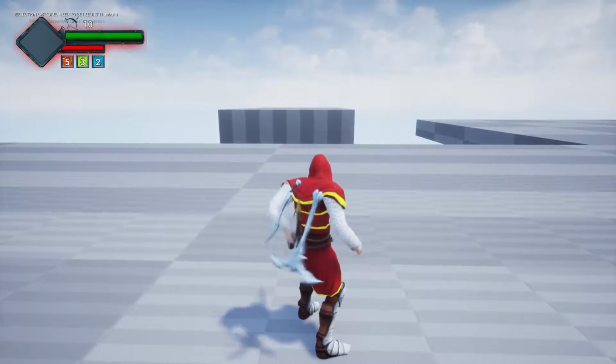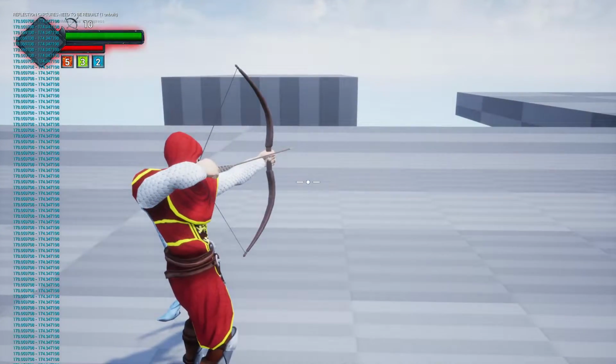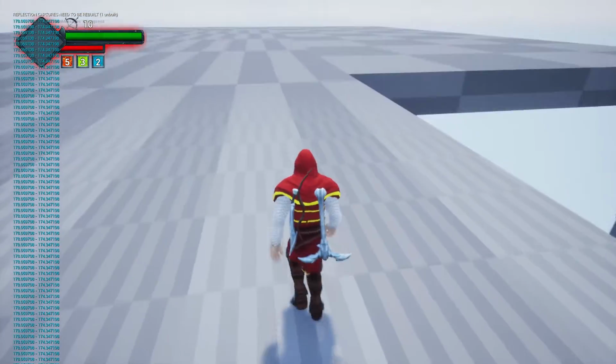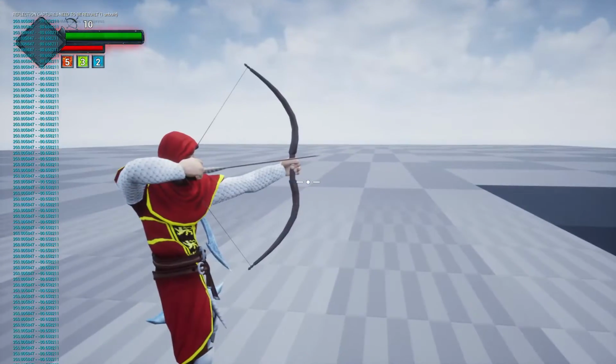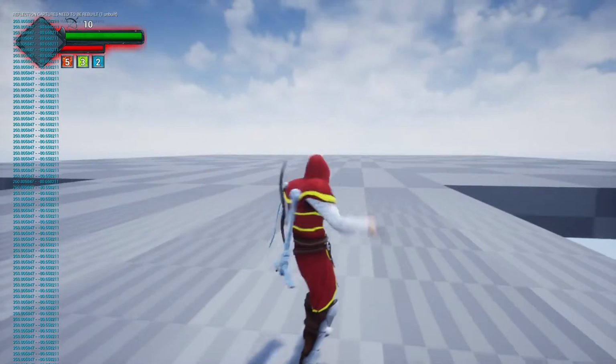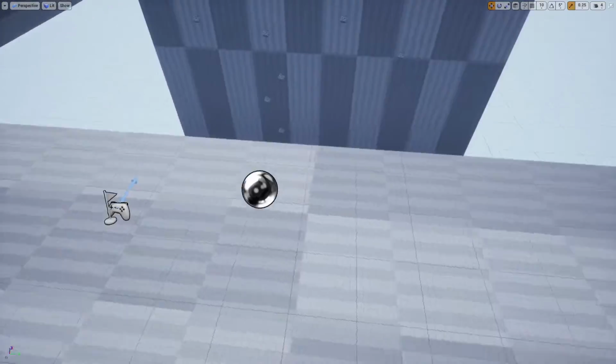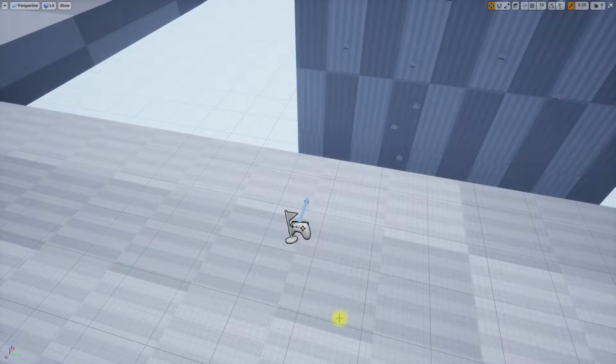If I am facing this direction, it's 180. If I am facing this direction, it's minus 80. So that means this way actor rotation goes from 0 to 180, and in this half 0 to minus